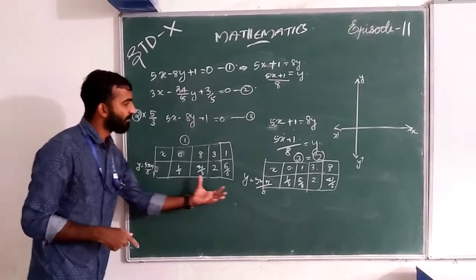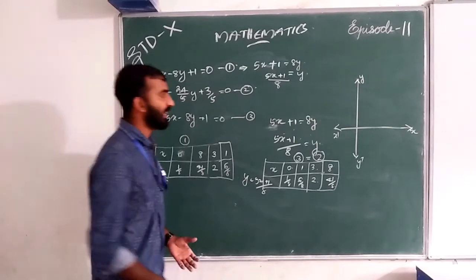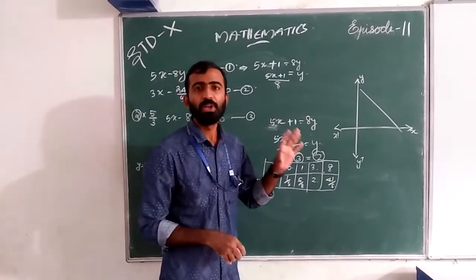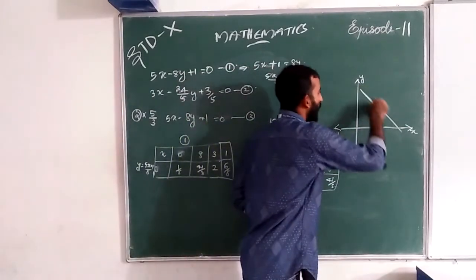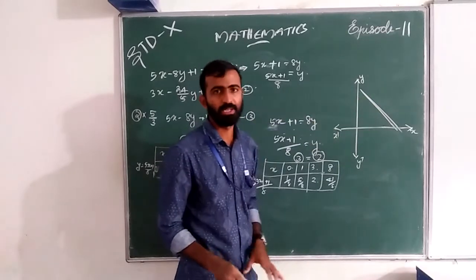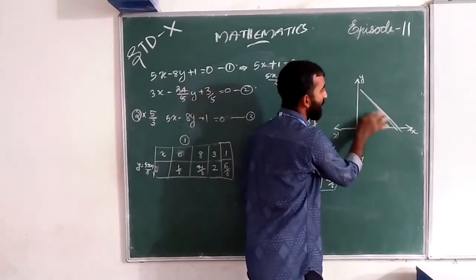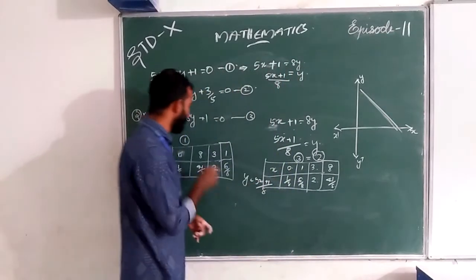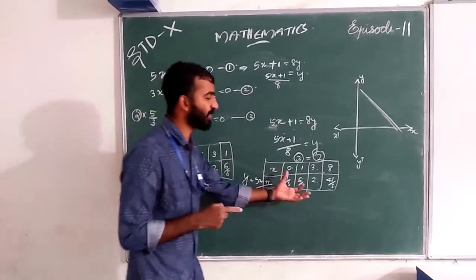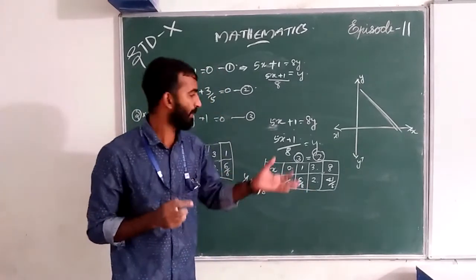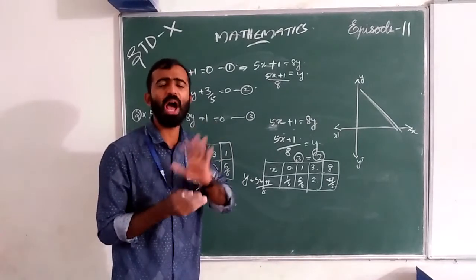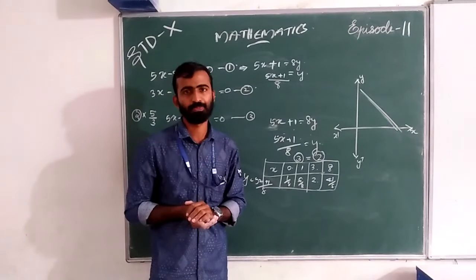So when we draw this graph, I get a single line. That is, these are coincident, the same as the equation number 1 graph. When I draw the equation number 1 graph, I get the same graph as equation number 3 or equation number 2, because equation number 3 and equation number 2 are what? Equal.